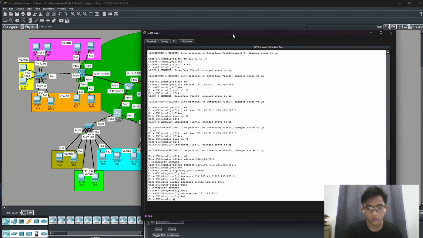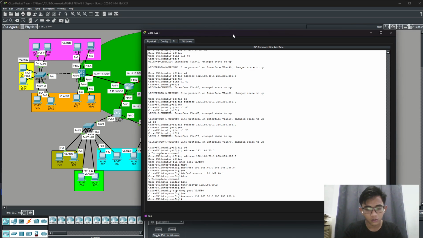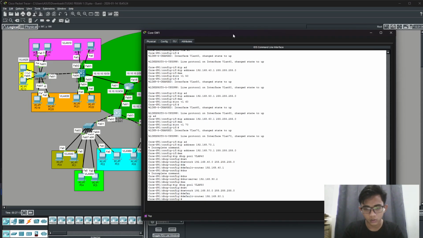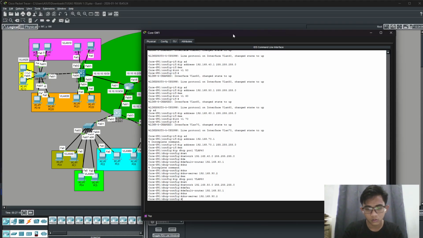Okay, exit. And IP DHCP pool VLAN 50. Network, okay. Default router is 50.1. Then the DNS server. Okay, exit.